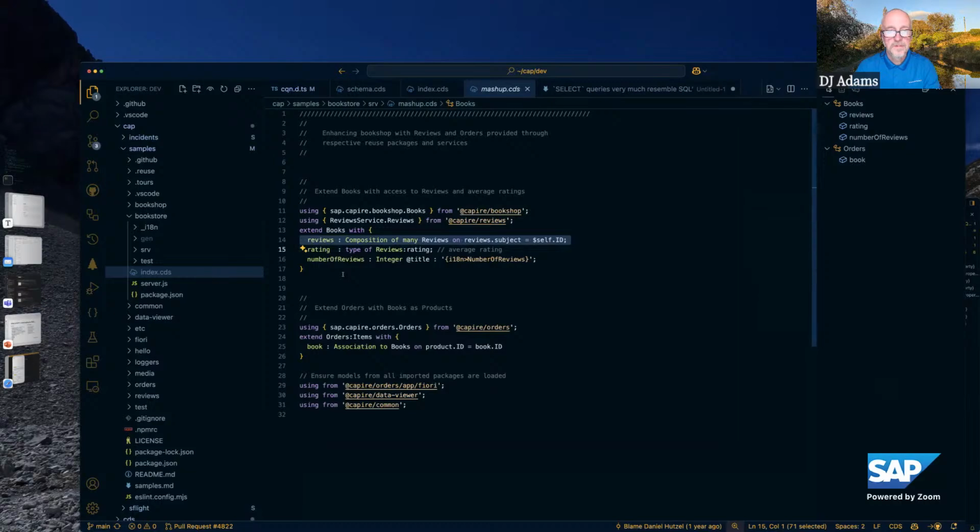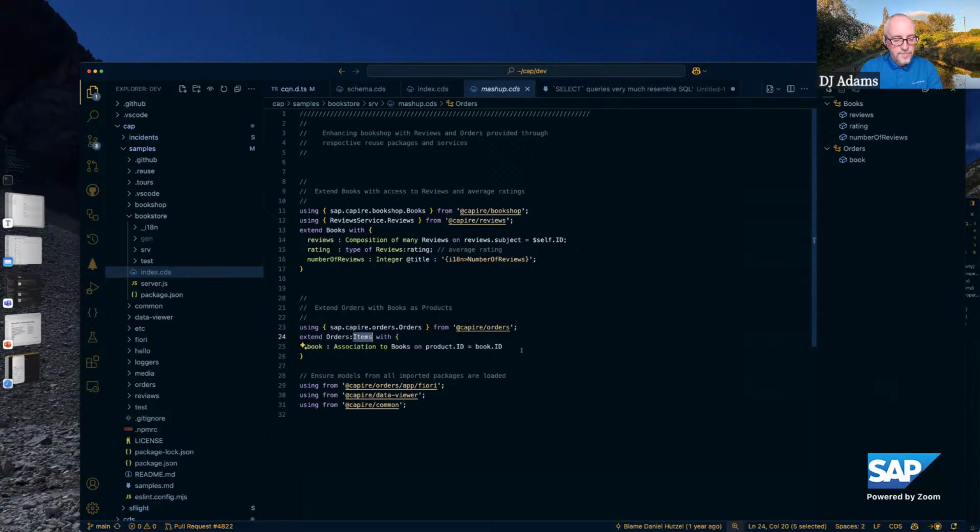Right, exactly. Okay, so books has reviews now, and I told reviews what to review by saying, hey, your review subject should be the book's ID. So both are wired up in a single line of code, and everything works out of the box. That's the idea of CAP. Similar here, I introduce books and orders to each other. I say, hey, orders, your order items' product references are books. And so your product ID of the order item should be the book ID. So I wired both up.